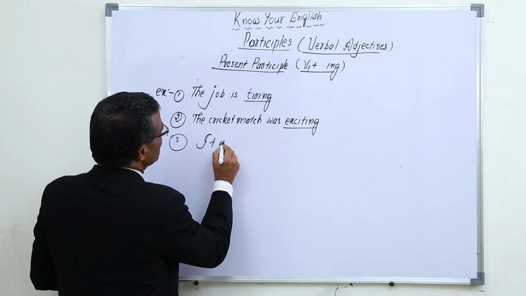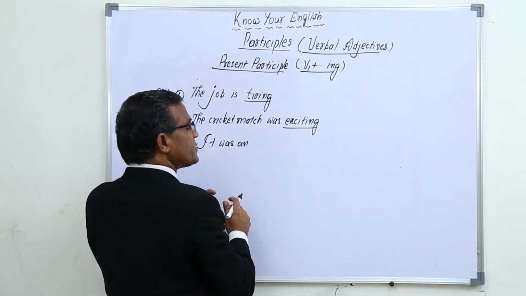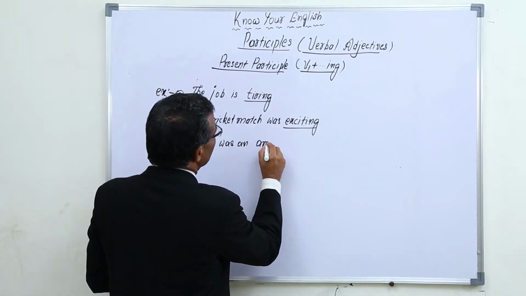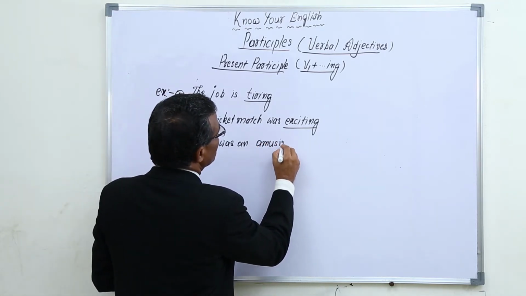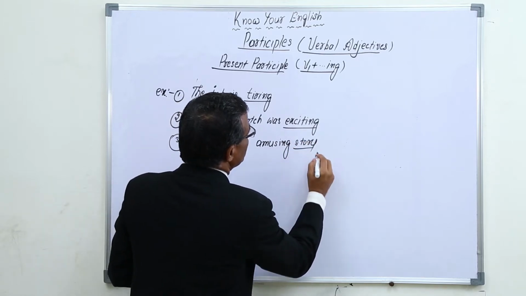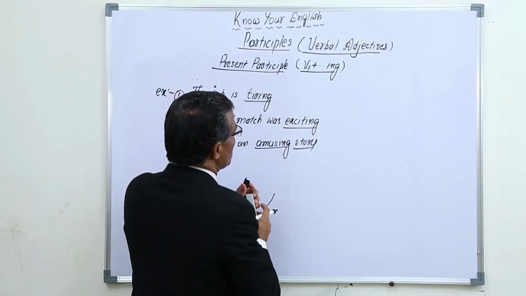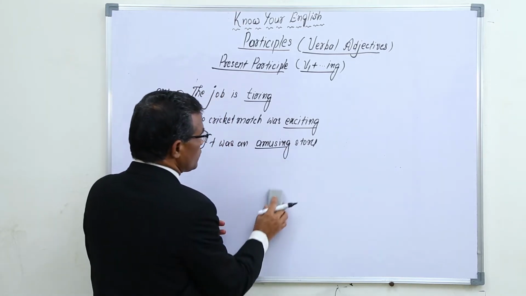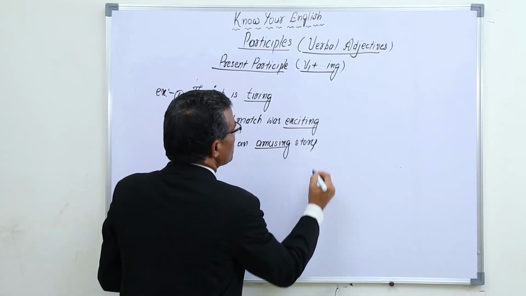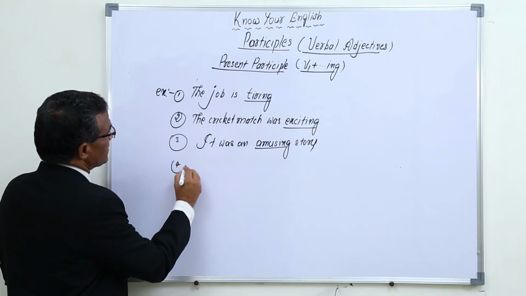It was an amusing story. Amusing story. Before a noun, we are able to use this one. Right, amusing story. And in the same way, for example,